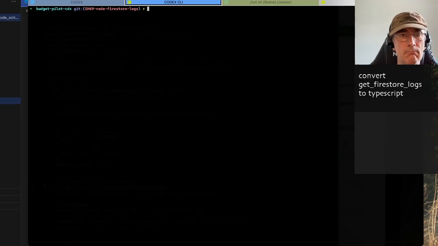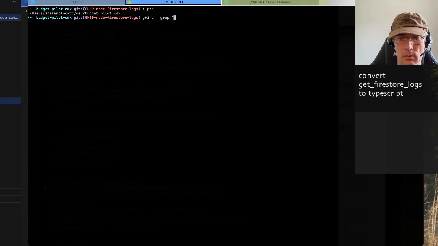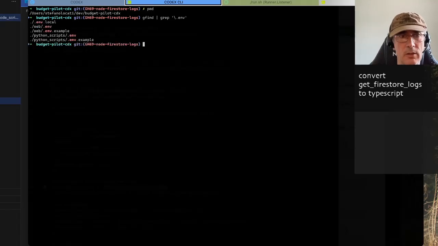It works. I don't know if I escaped or not. Yes, okay, it works. Okay, we have env local,